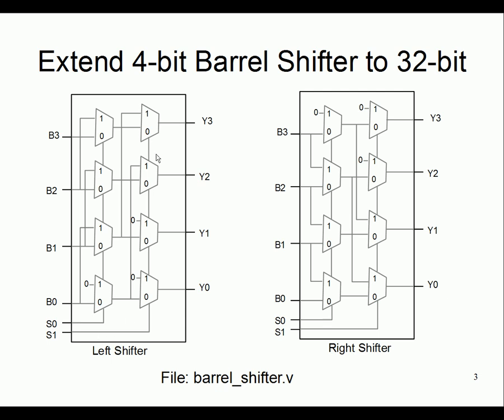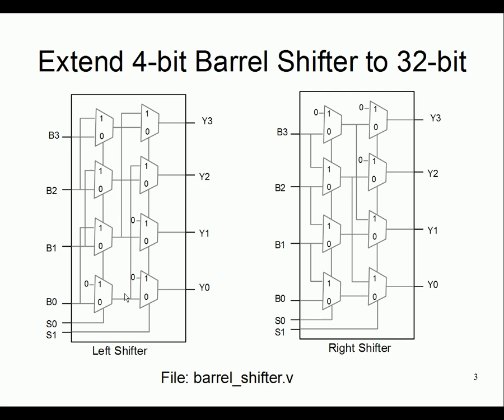The second column is 2-bit shifting. The third column would be 4-bit shifting. The fourth column would be 8-bit shifting, and the fifth column would be 16-bit shifting, just by a hardware wire